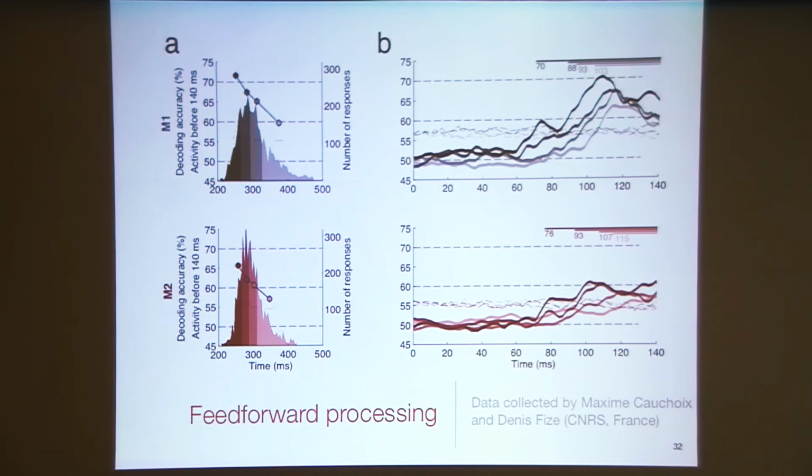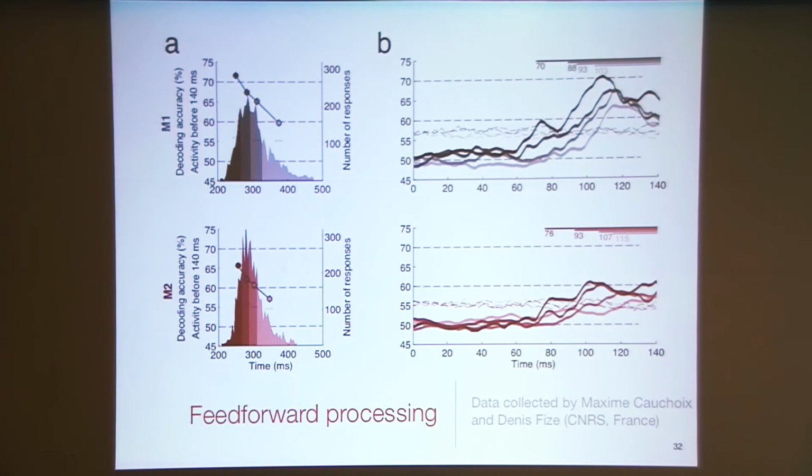Now, more interestingly, I think this experiment is the first suggestive evidence of an actual involvement of this feed-forward sweep of activity, this very early categorical activity, in behavior. And the way we establish this link is as follows. We subdivided trials according to the reaction time of the animal. This is not considering any kind of neural activity. We simply look at quartiles depending on the reaction time of the animal. On the far left, the darkest quartile corresponds to the fastest trials, while the rightmost quartile corresponds to the slowest trials.